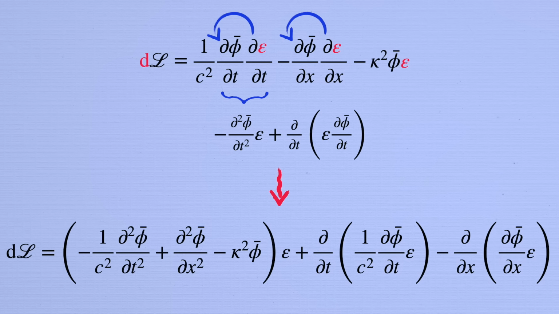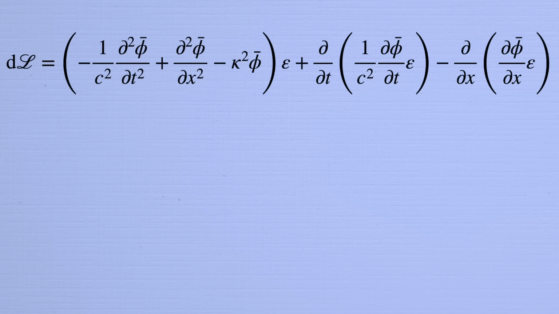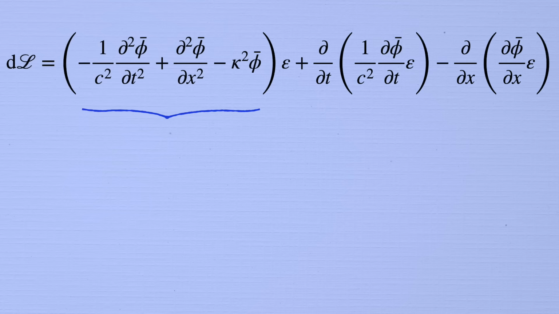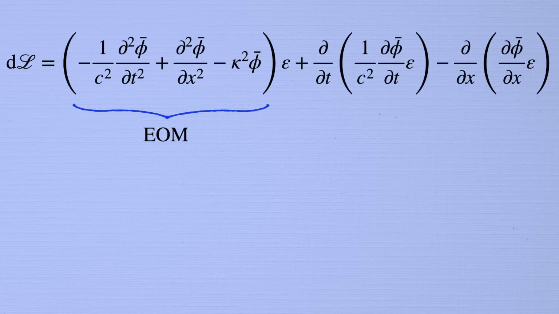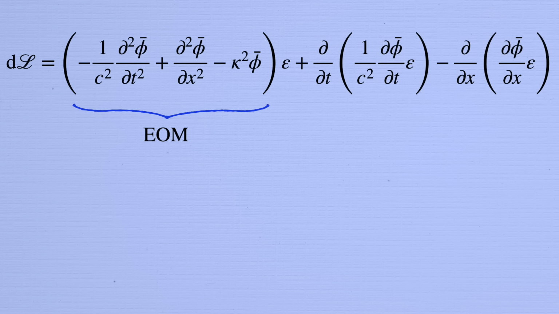I can barely fit the thing on the screen. But remember, the idea is pretty simple. This is just what we predicted for dL from a moment ago. The first big quantity in parentheses is just the thing that vanishes when phi bar satisfies its Klein-Gordon equation. And then on top of that, we get some time and space derivative terms. Indeed, this was almost exactly the procedure we followed last time to derive the Klein-Gordon equation by applying the principle